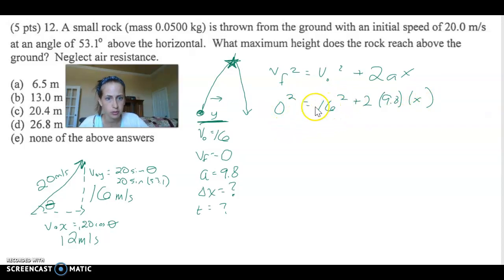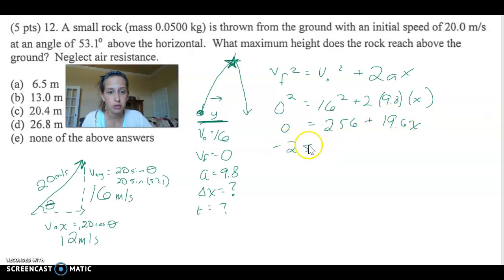So I'm going to subtract this. 16 times 16. I don't need to go this fast. I'm going to slow down. This is 0. This is some number. 256. 9.8 times 2, 19.6. So now I need to subtract 256 on both sides because we're trying to get x by itself. So now I'm going to divide by 19.6 and get 13.06